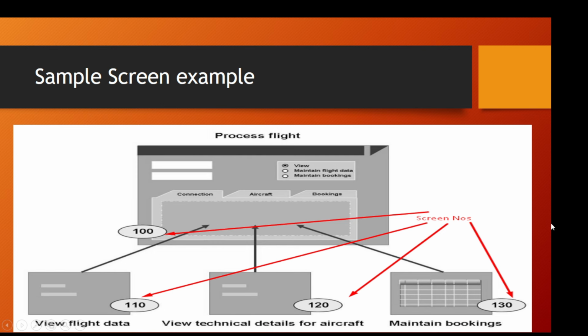The user will not have any concern regarding the screen numbers of this transition. He will only click on the desired tab, and he will start working on it. These screen numbers are important for the developers and designers who want to do module programming in SAP ABAP. This is only a simple sample screen for understanding what module programming